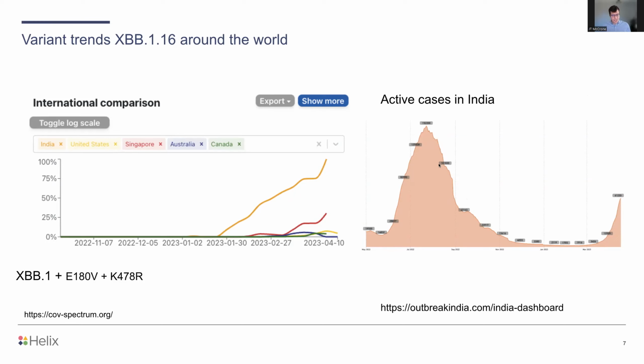Something to keep an eye on as it goes. There was a recent preprint on this variant that showed that it had similar antigenicity as XBB.1.5. And so the hypothesis is that this is spreading more rapidly, not because of antigenic escape, but perhaps it has a transmission advantage. Although I haven't seen any data to suggest that, other than the fact that it's increasing in frequency in multiple